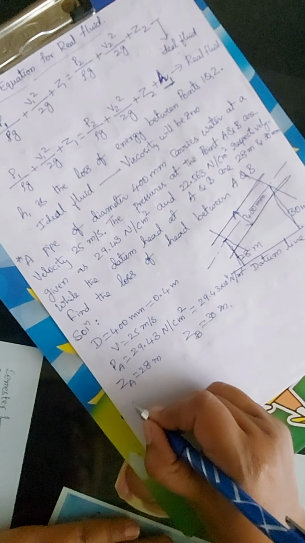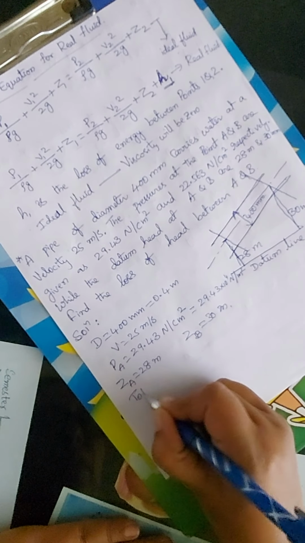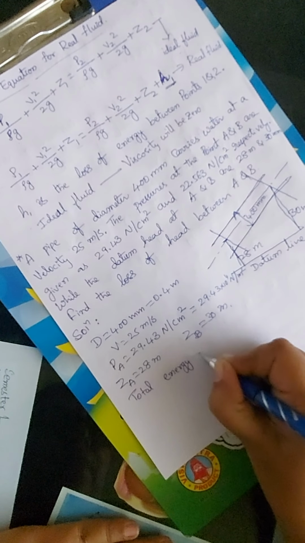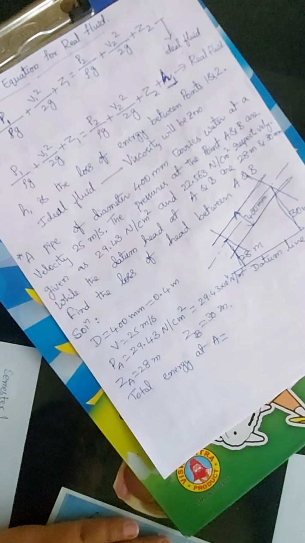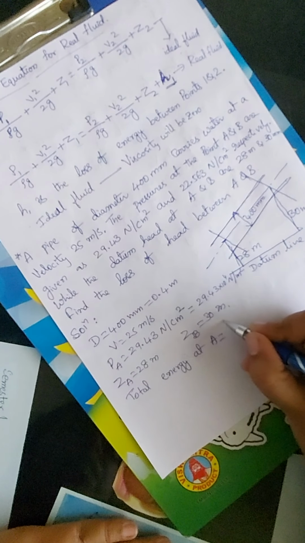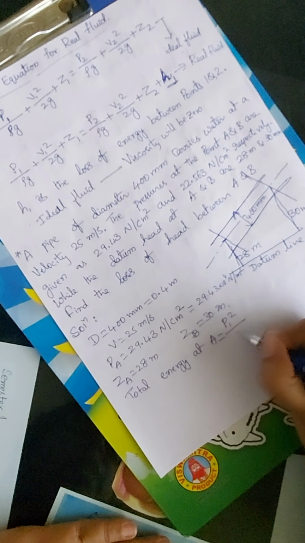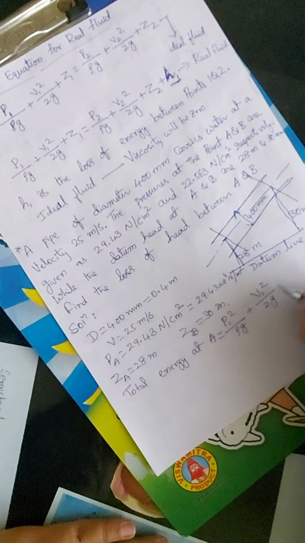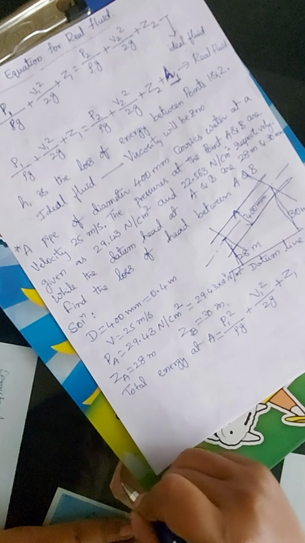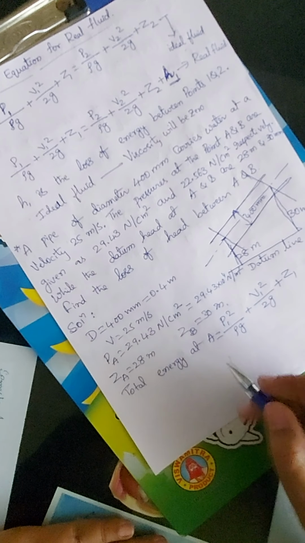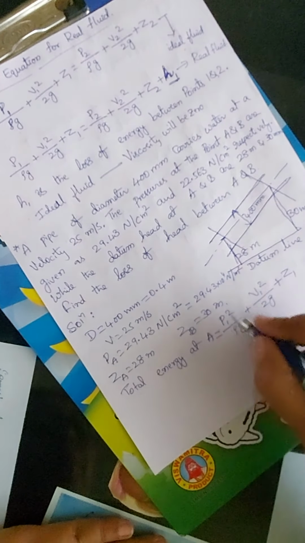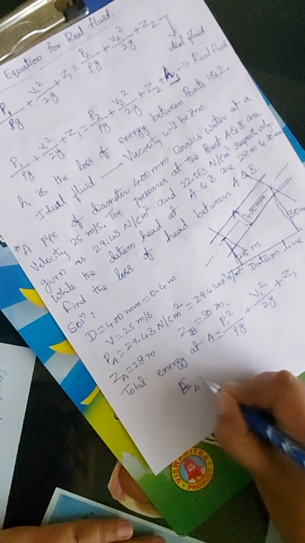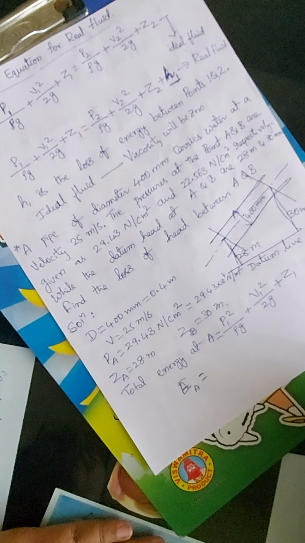So, total energy at A. We know from Bernoulli's equation that the total energy at A is equal to P1 divided by rho g plus V1 square divided by 2g plus Z1. Okay, P1 is equal to 29.43. I will write it as the energy at A, that is EA, is equal to